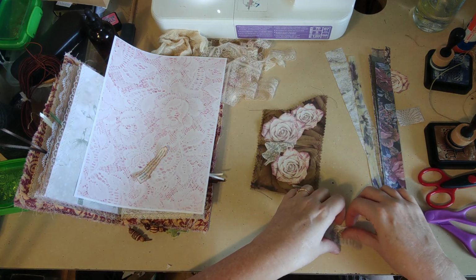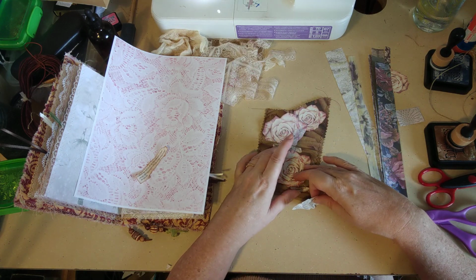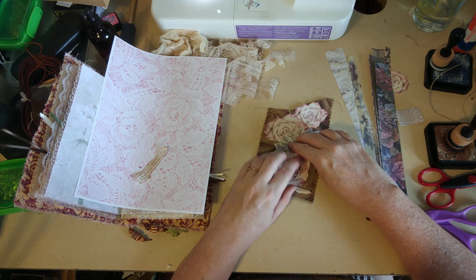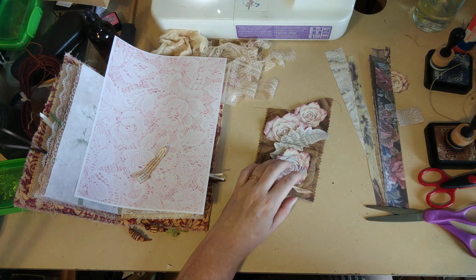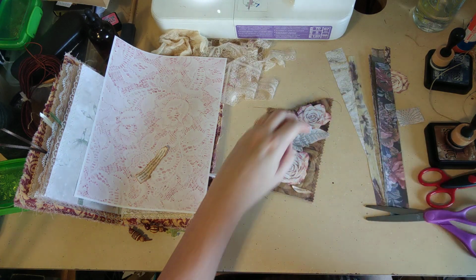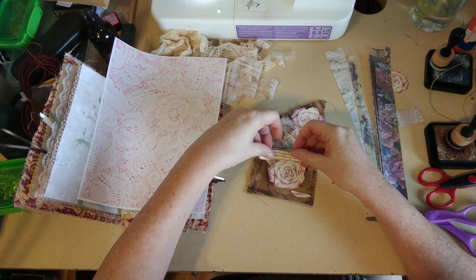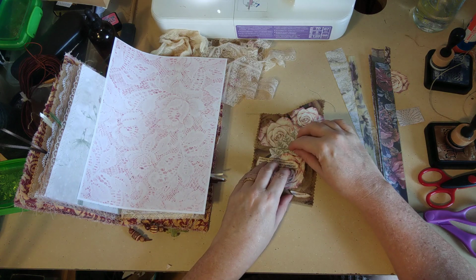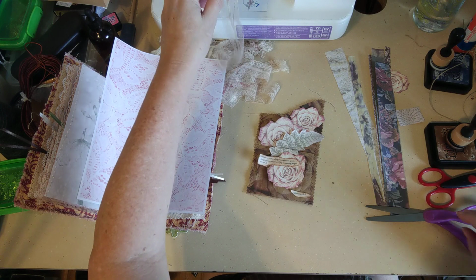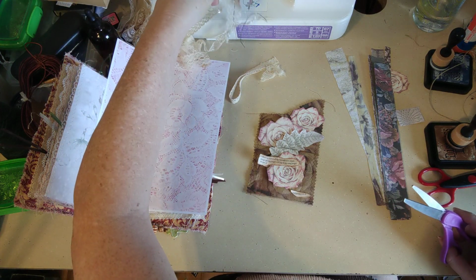Okay, so I want this coming here, and then let's go across right here. And I actually think I do want that leaf going across that rose on top of it. I think that looks pretty. Okay, and how does that look, you guys? You think that's good? And then we've got our verse right here. Really, I don't think I want to put a whole lot more with it. Maybe a little bit of lace. Let's try that. I think not that one. Let's go for...